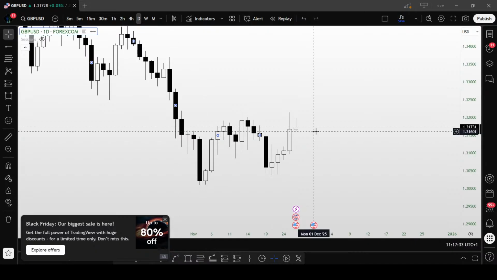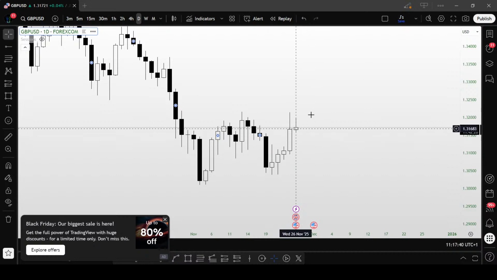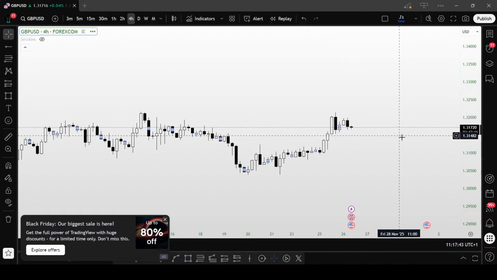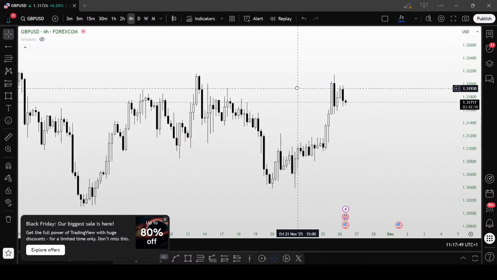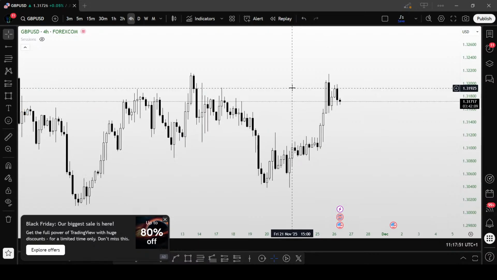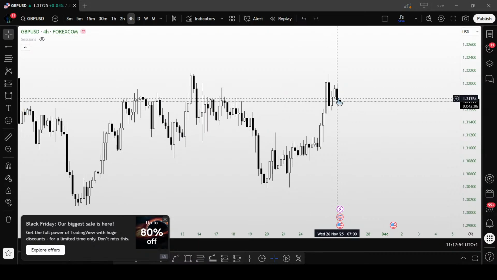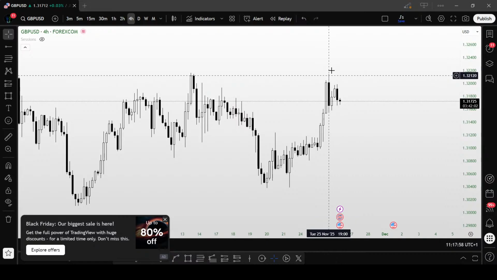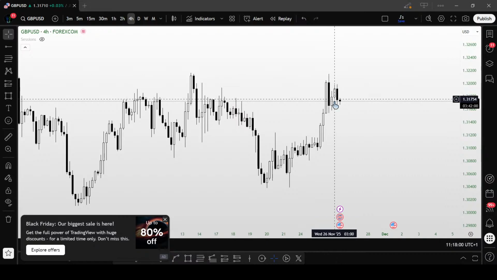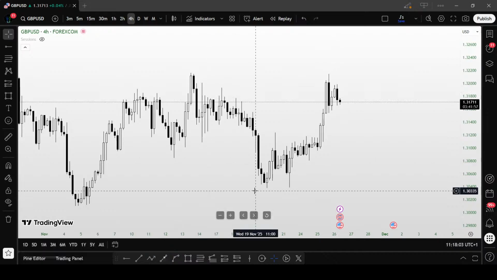The daily time frame, we did close bullish. I don't really see a reason why we shouldn't continue being bullish on it, except for the XY, of course. But if you examine it a little bit deeper, we see here that JPB USD just had a failure swing here. I feel like this is a failure swing. Price is not closing above this one here. So are we heading down now?